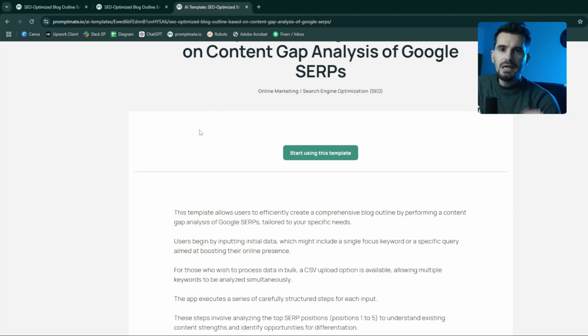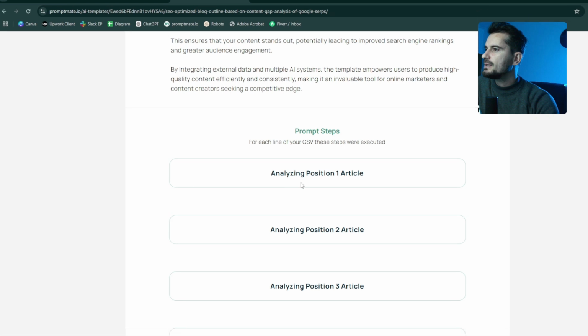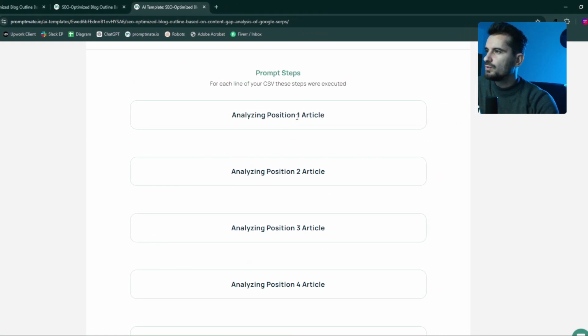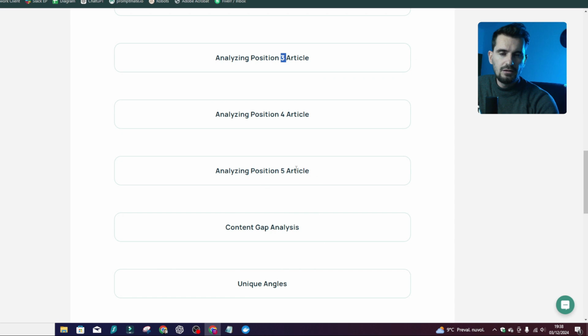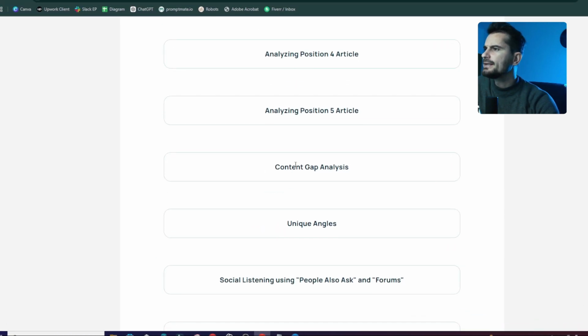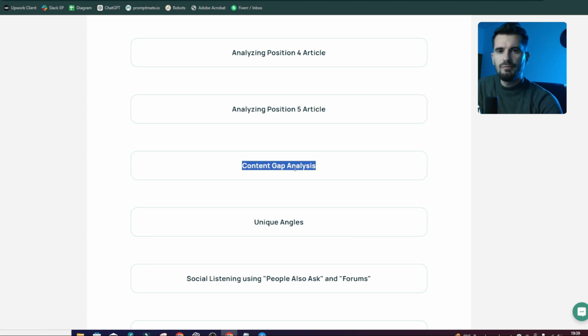You would do this manually, but thanks to these structured AI agents, what you can do is build those steps, and then they execute automatically once that you saved the app template, right? So for example, in this case, it analyzes the position 1 on Google, position 2, position 3, 4, and 5, mainly the top 5 articles, and then does the content gap analysis based on the content of these top 5 articles,